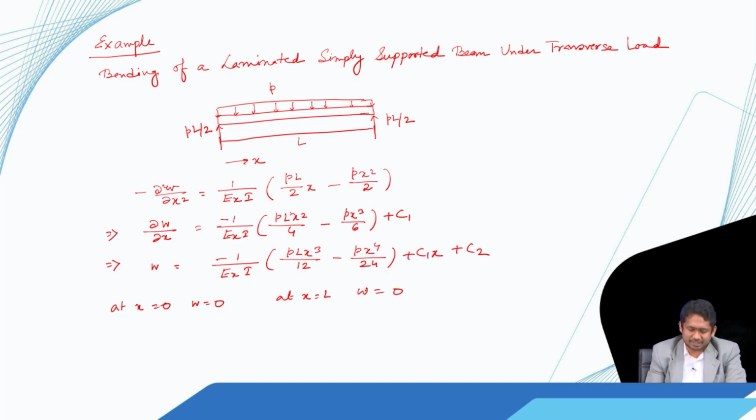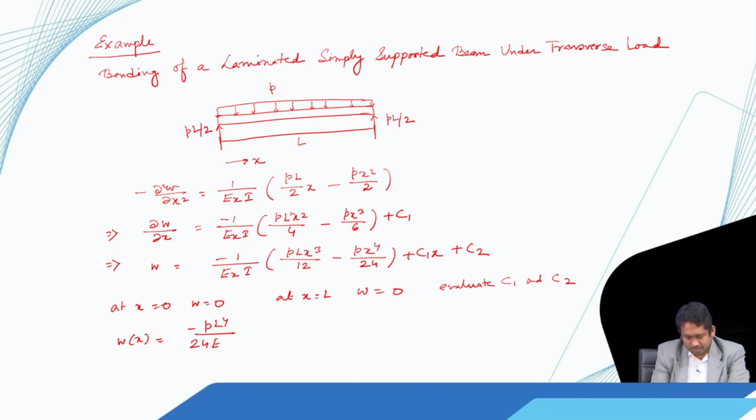So, if I use these boundary conditions, we can evaluate C1 and C2, and if we do that then w of x comes out to be minus PL to the power 4 by 24 EI into 2 x by L cube minus x by L to the power 4 minus x by L,